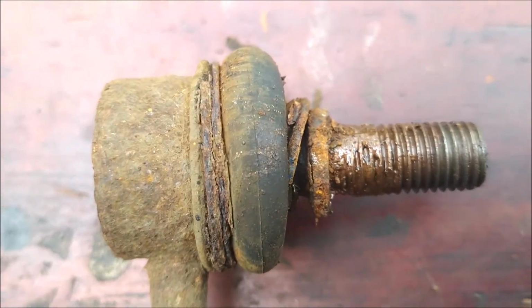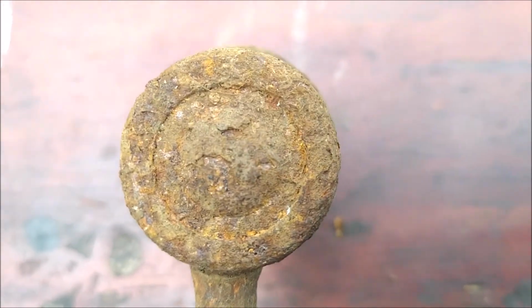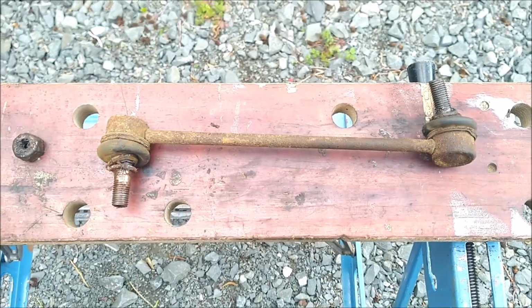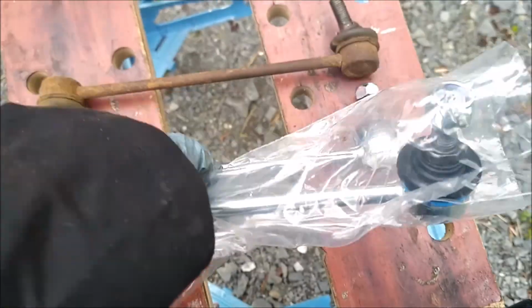So that's just over 2 years. That's two Scottish winters, and they look like that. They look like they've been at the bottom of the sea, to be honest with you. I'll get the new one for a comparison. So here we go, there's the new one. It appears to me, as far as I can tell,